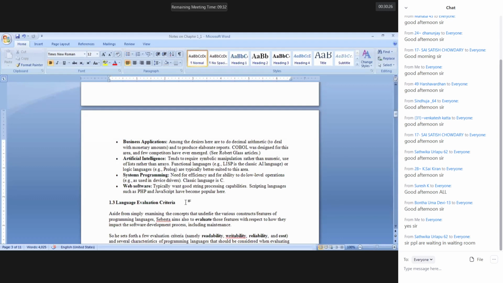If you know all these features, then based on the application that you are looking to develop, you will choose the appropriate programming language. Otherwise, if you don't know this, but your requirement is to develop a web software, then if you start doing it in C